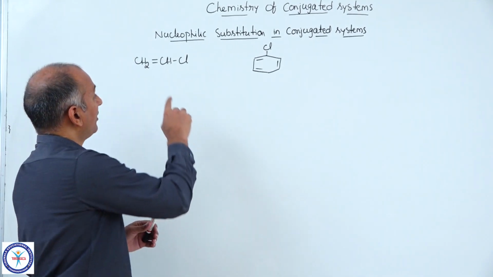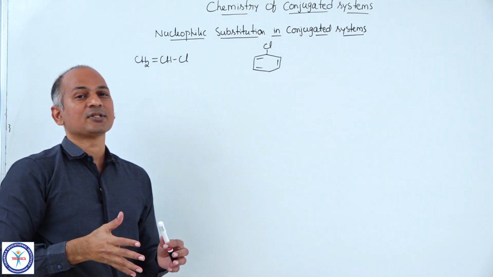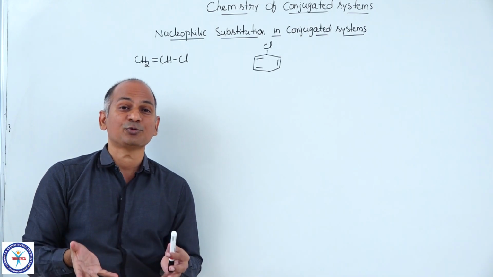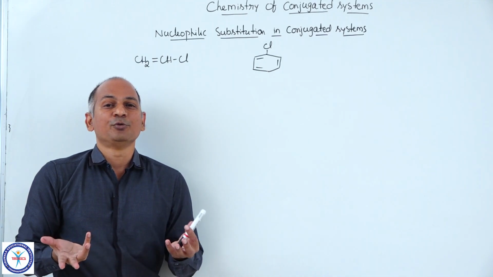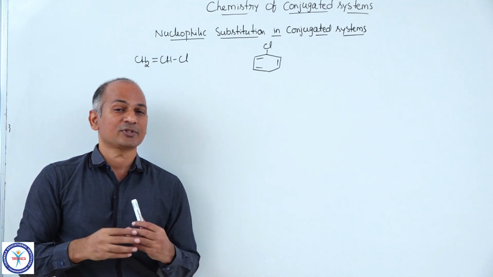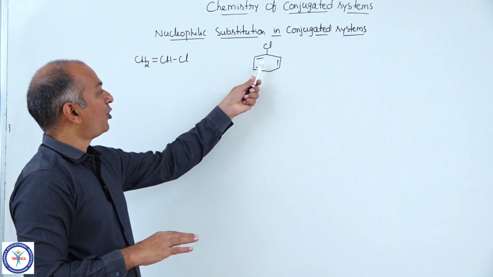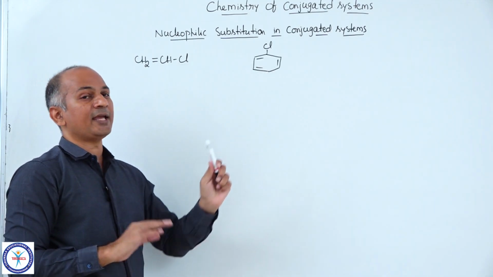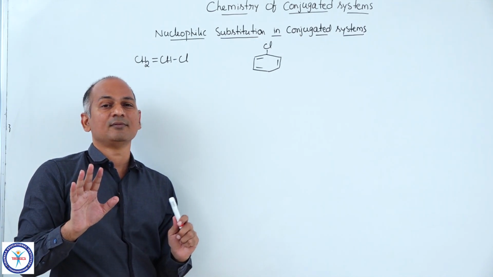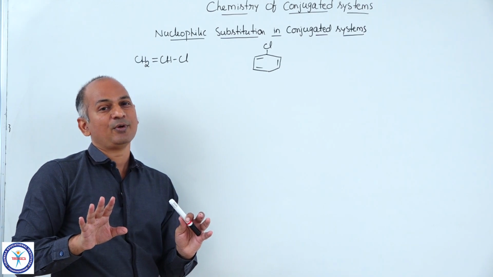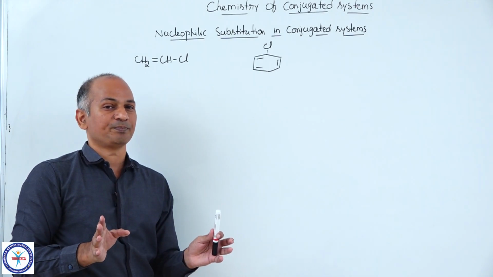Second problem, because of the presence of pi electrons, these two compounds repel nucleophile because they themselves are nucleophiles. Vinyl chloride is a nucleophile, chlorobenzene is a nucleophile. So how can another nucleophile approach these two compounds? This is another problem. Now if you want to go for SN1, then the carbocations involved in both of them are highly unstable. So because of these many problems, these two compounds do not undergo either SN1 or SN2. That means that particular halogen cannot be replaced with any other group.